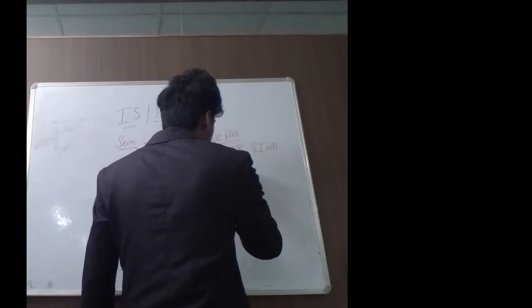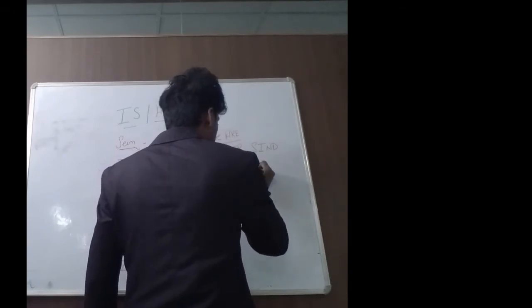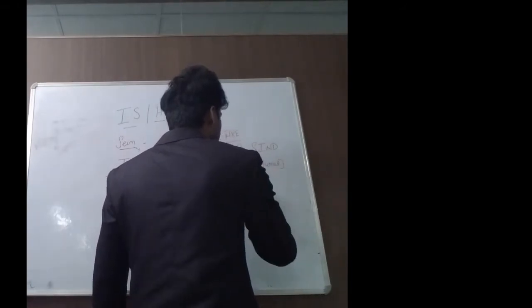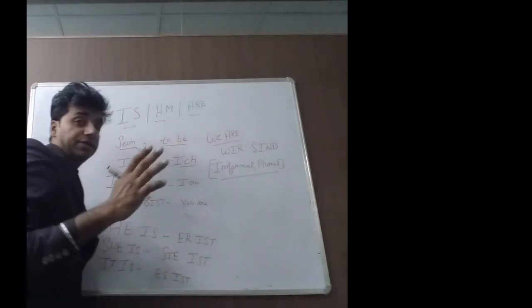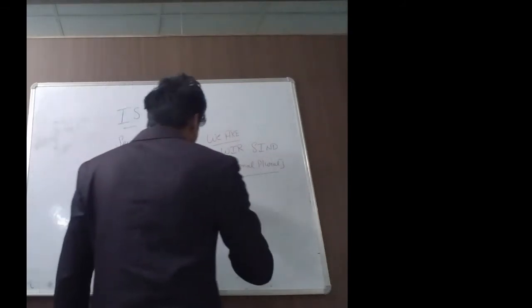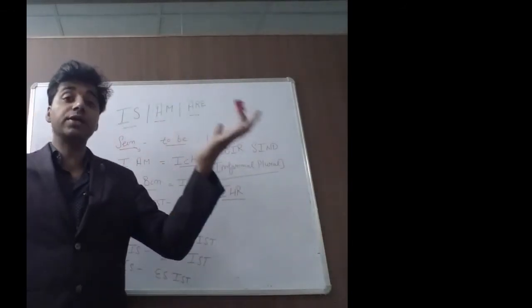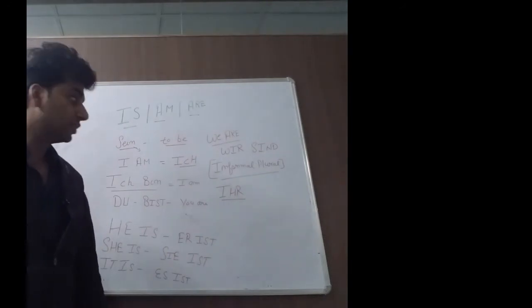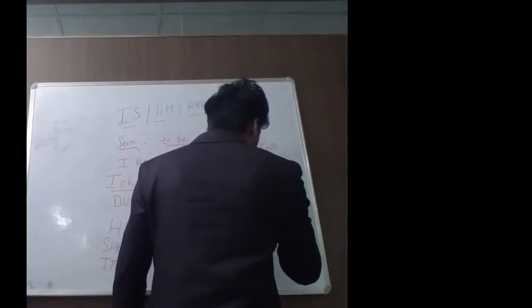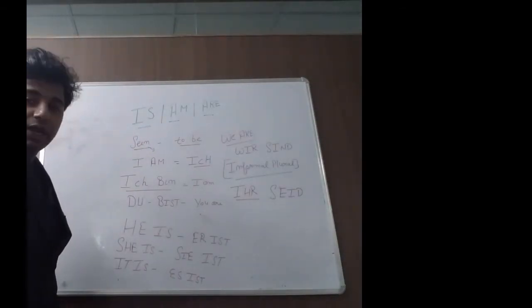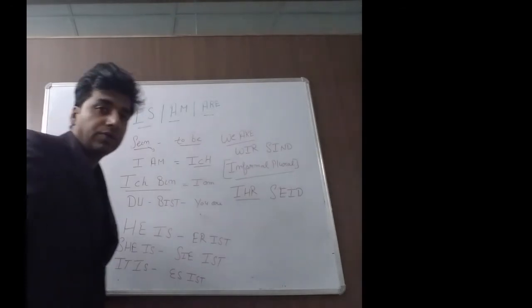Informal plural. I'm saying you guys, okay, informal plural, that is "you guys." Then we have ihr, that ihr. That ihr is basically, guys, informal plural. If I'm saying you guys, okay, you guys are, ihr seid. So if we have an informal plural, we have ihr seid, S-E-I-D, okay.